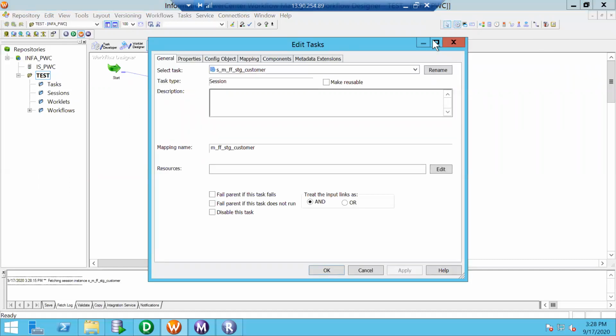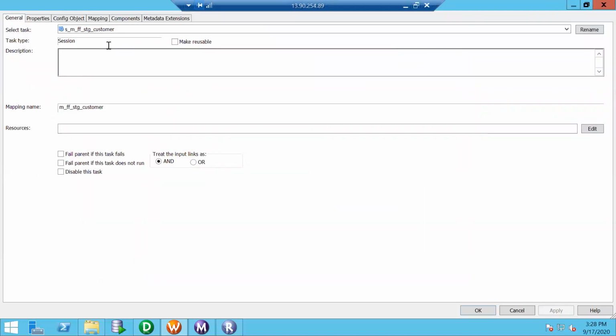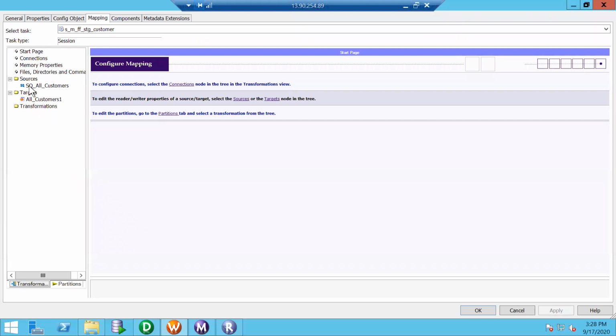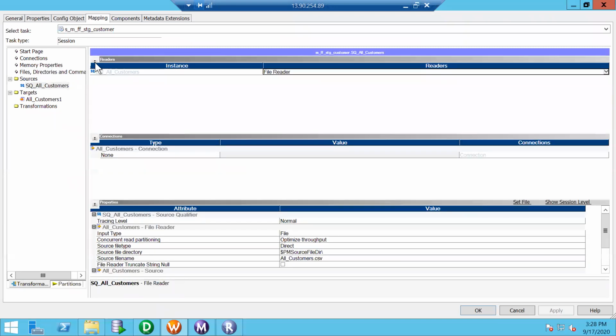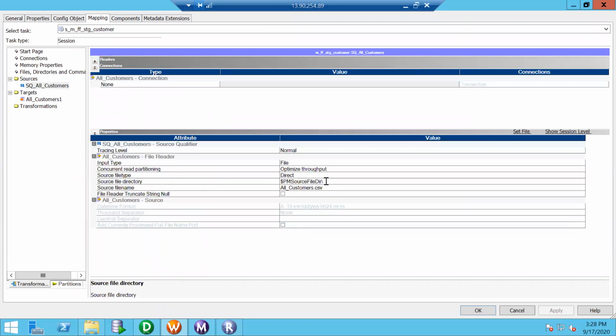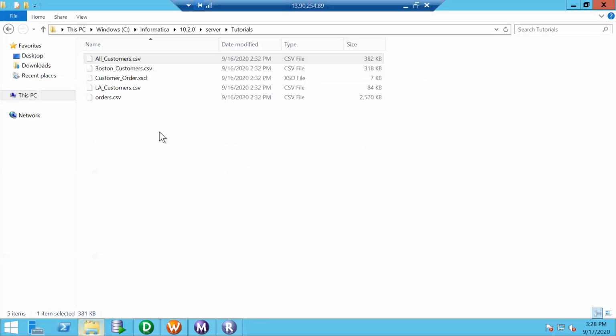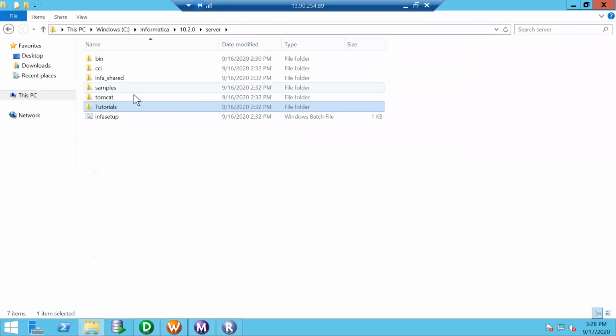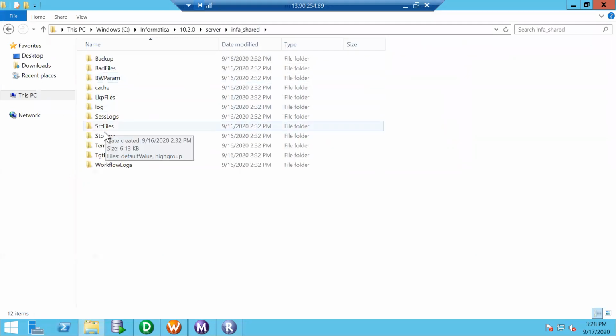Like we were discussing some time back, my session will have the connection information, as in from where the data needs to be read. Right now my data is not there in the PM source file directory. If you wonder what is the PM source file directory, under the server we have something called infa shared source files.